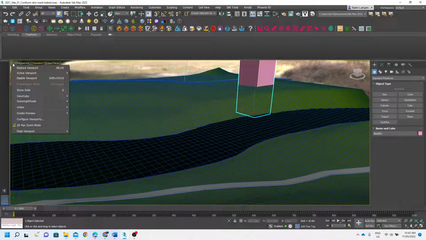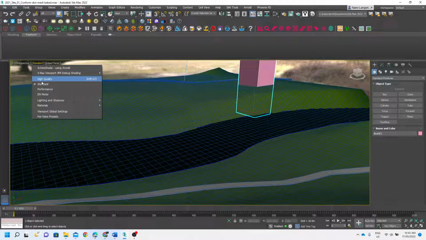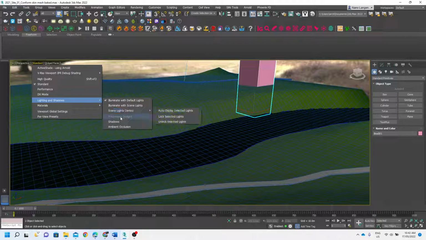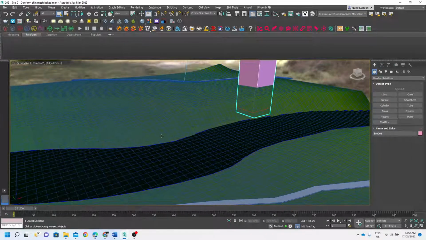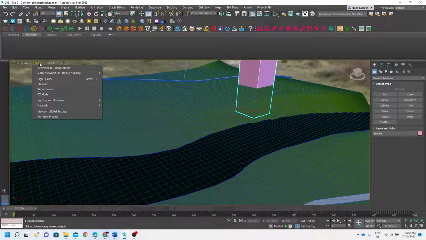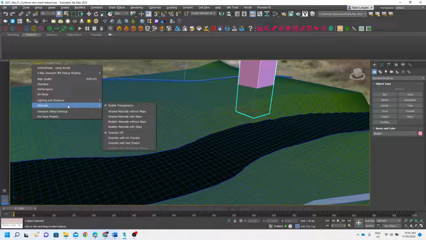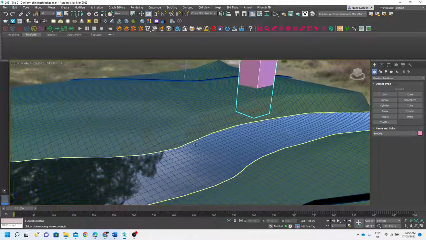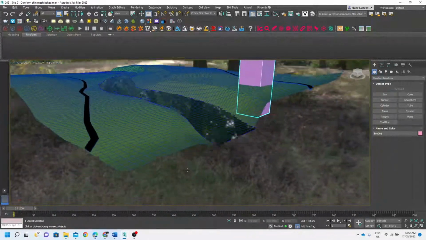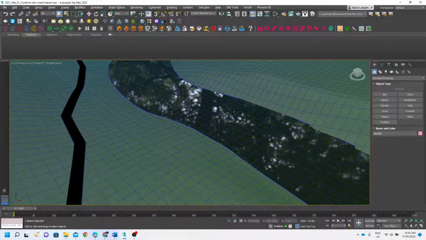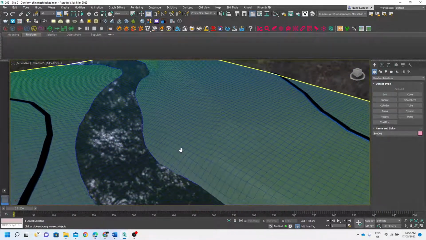So under our standard, if we come under our scene light control and we illuminate with scene lights, you'll see it lightens up a bit. And under our materials, we want to have realistic materials with maps. So those two things will now get our reflections, but I'm also getting a fairly nice, speedy